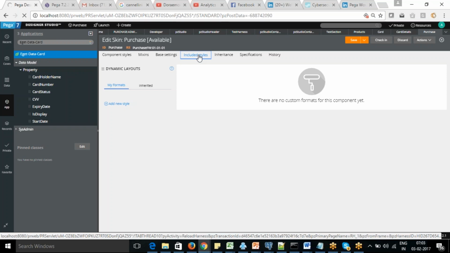So if you have predefined things, we can include those as well. That is the different concepts we should know to start with the UI part of it, and we'll see some more when we go further.